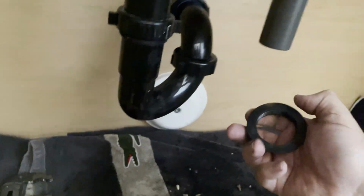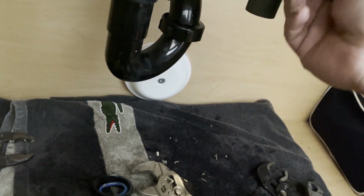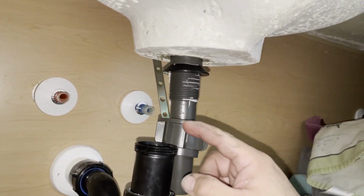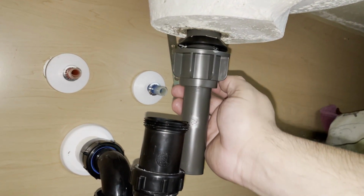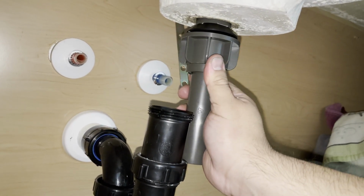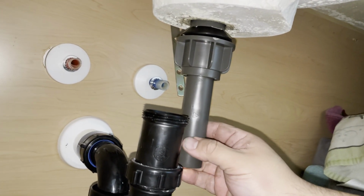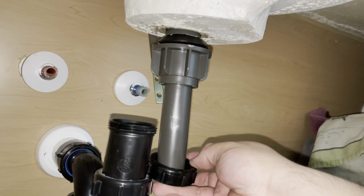Here we go. So make sure to put this seal in first. It goes up like this. Now that you saw me slide this part in, before we nut it up, I'm actually gonna start it just so it's not falling, so I can get started with one hand here. But what you wanna do is slide this in here. So let's make sure we have all our pieces. We're gonna go ahead and put the nut